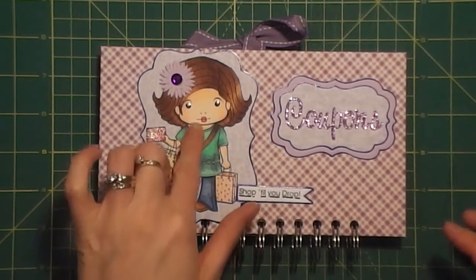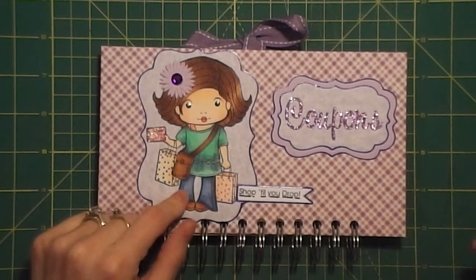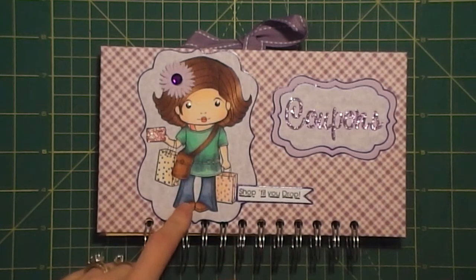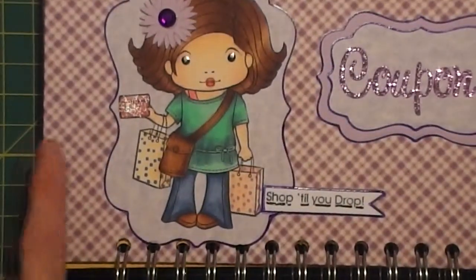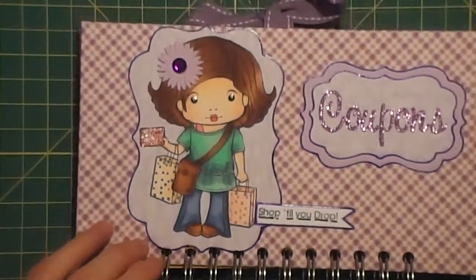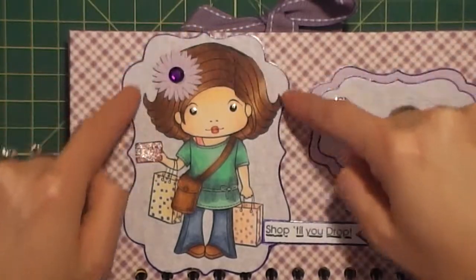I colored this, Shopping Marcy, and like I say, this is from La La Land Crafts. I colored her, and then I fussy cut her out. The only parts I didn't cut out were right here, where the bags go to her arms. So then I cut this die out of a piece of